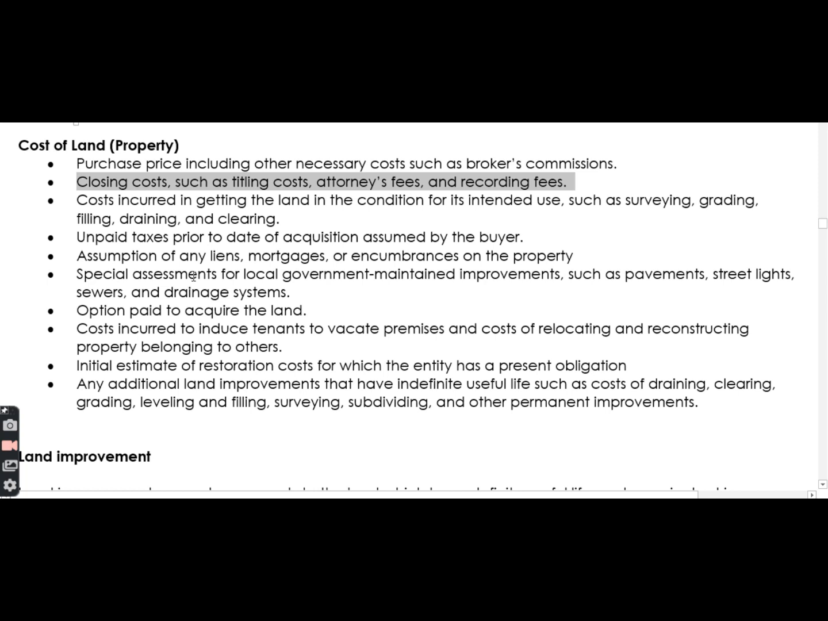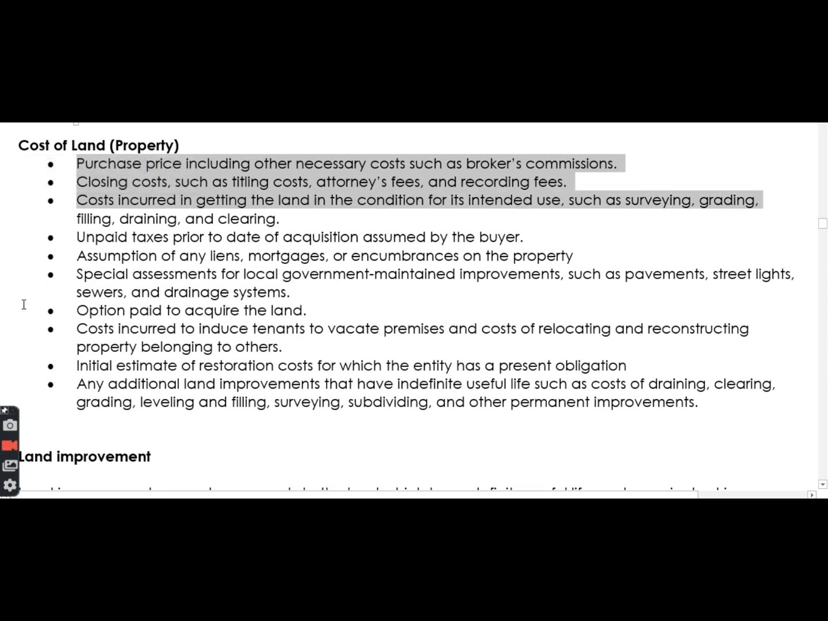Kasi lahat yan, i-register mo pa yan sa Registry of Deeds. Okay, tapos kailangan pang matransfer talaga yan sa pangalan ng entity. Okay? Next, kapag nakuha mo na yung legal title, nakuha mo na lahat ng right, okay, from the first two